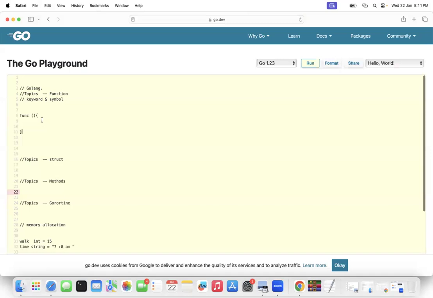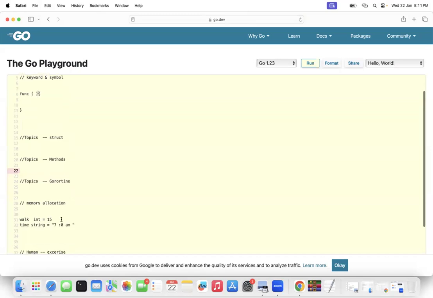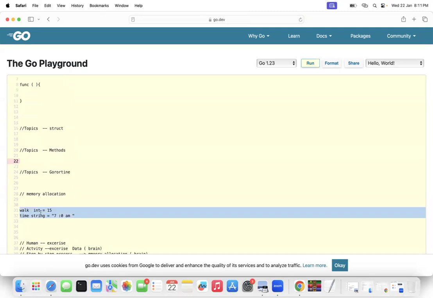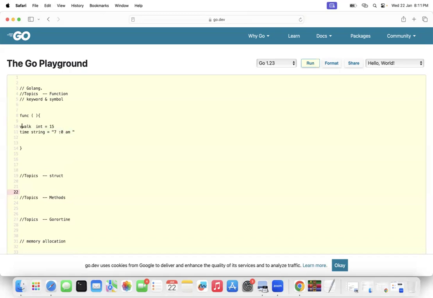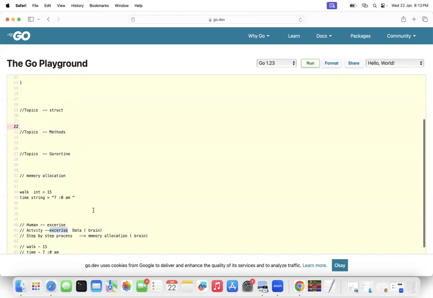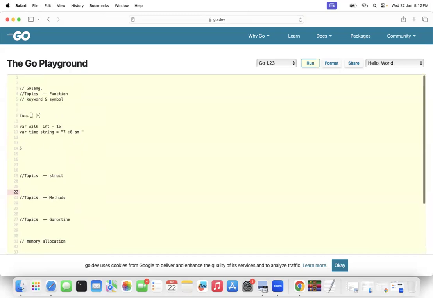Always remember, only inside these symbols are you going to write code. Only inside the round bracket and the curly bracket can you write code. That code can be related to variables or data. You can write the name of the function here. This is a very simple way of understanding coding.